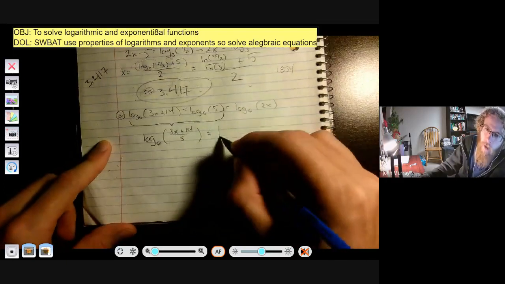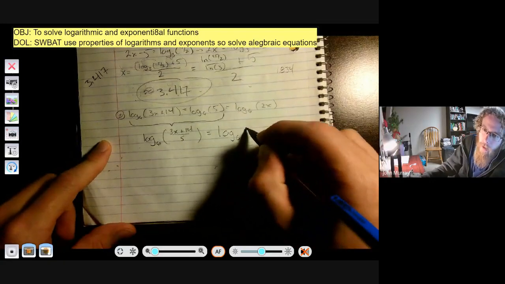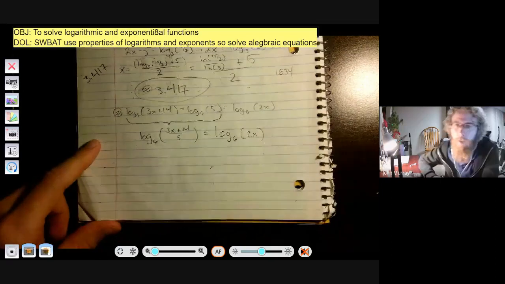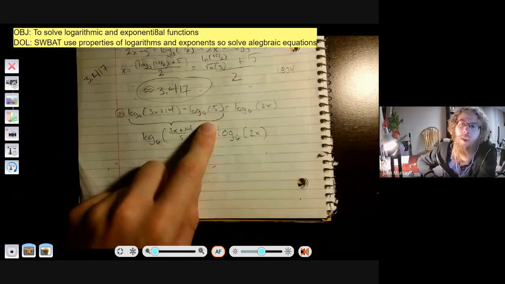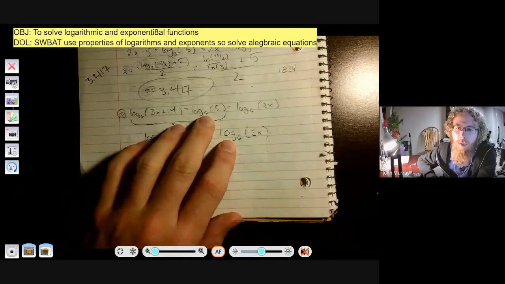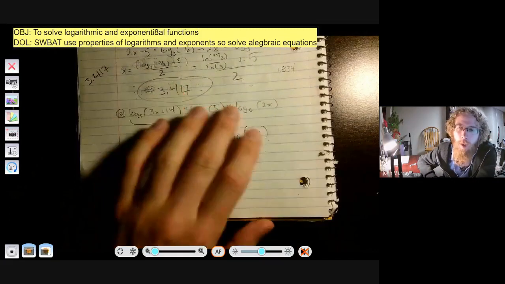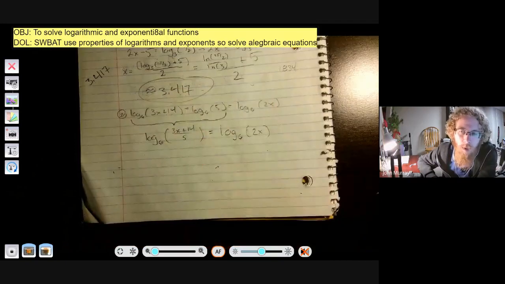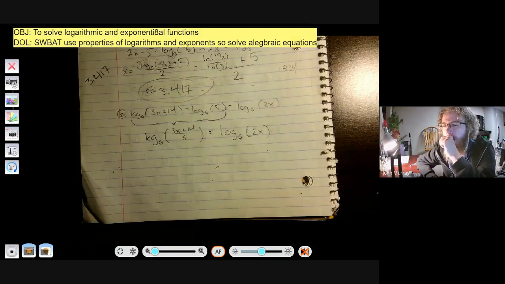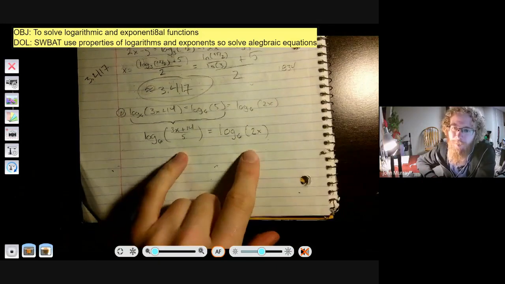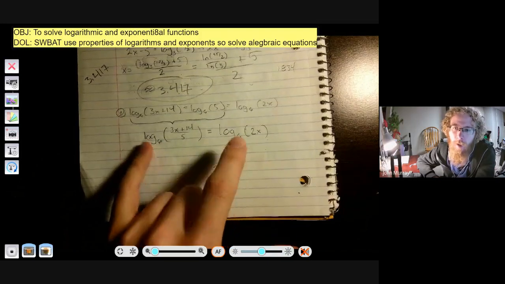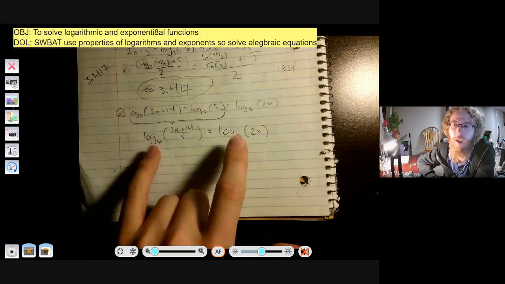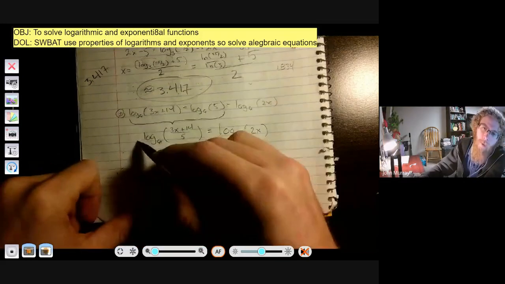And then on the right side, we didn't touch anything, so we're still going to have log base 6 of 2x. Okay, again, this is a number, but if I calculated what this was, you know, point something, that's not going to help me. If I move that over, then I'm still dealing with some weird things. Okay, so now that we have a single log base 6 on the left and the right side,